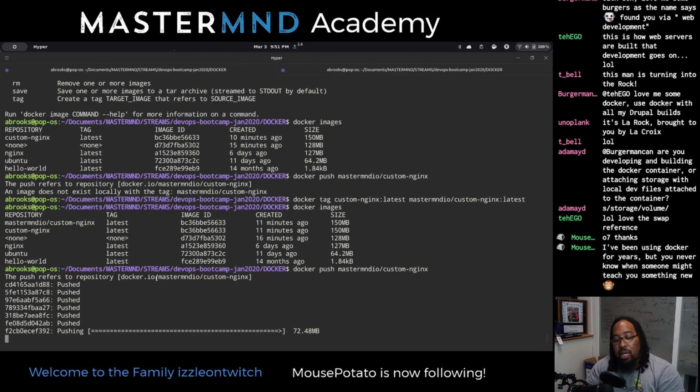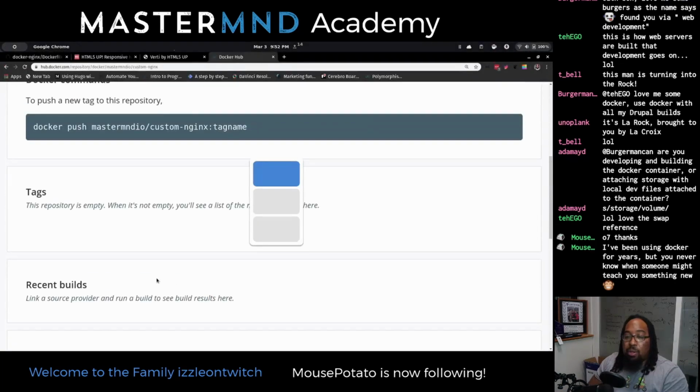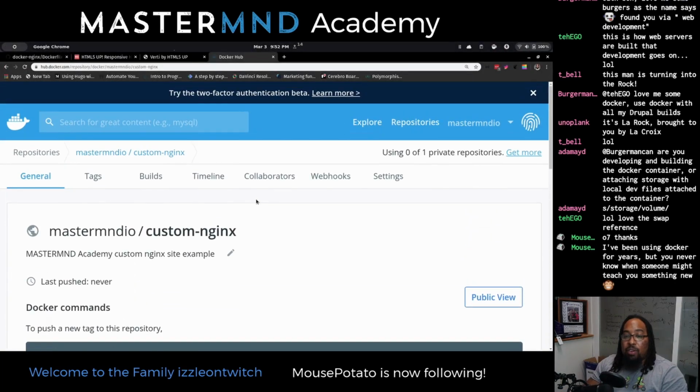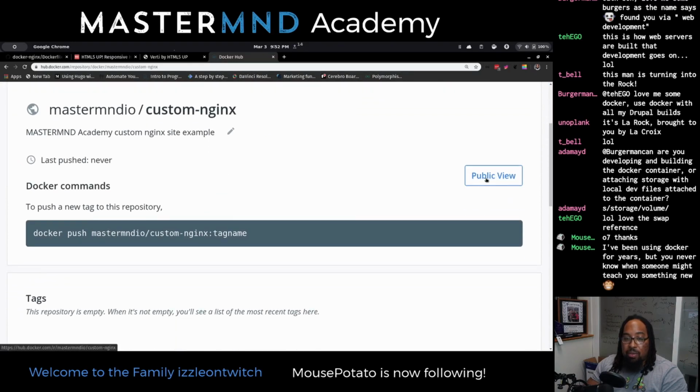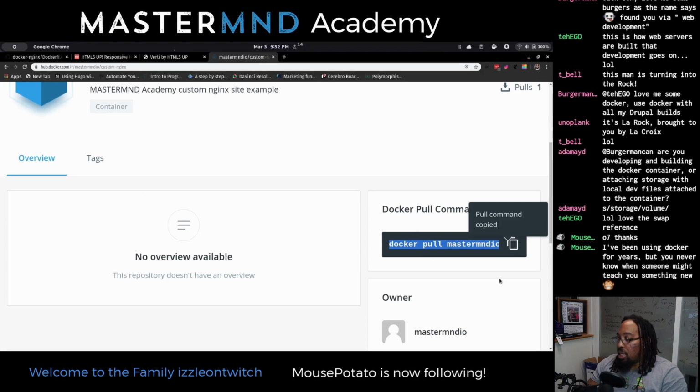Again, very much like GitHub. And now you all will be able to grab this image. And so that's what's nice about it. You can develop something and I can give you, you can just do a docker pull. So now if any of you run this, public view, I will paste it in the channel. If any of you run docker pull,